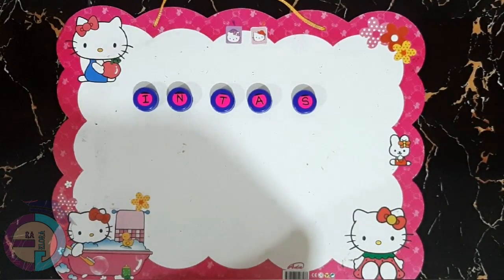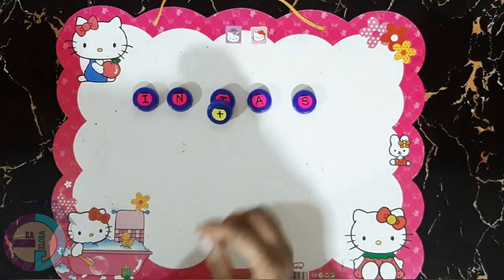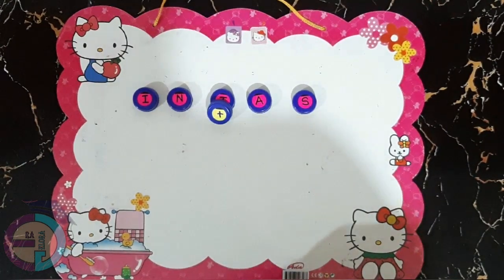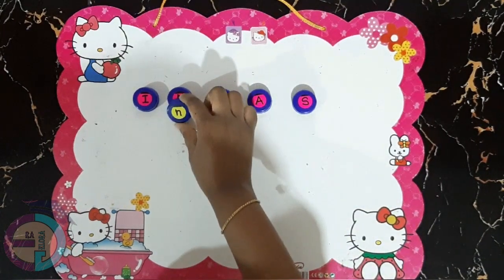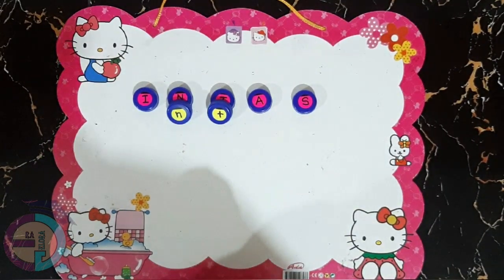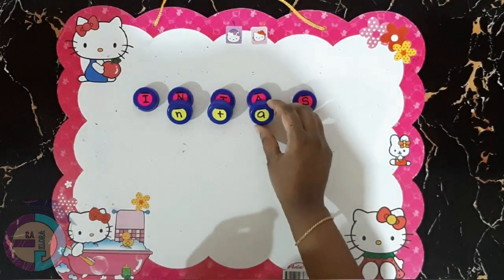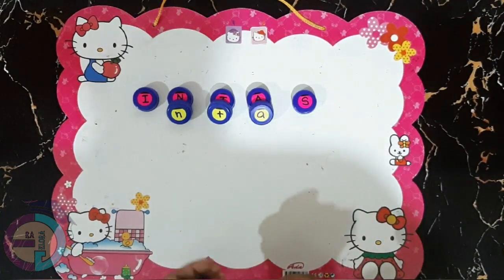For T, which is the small letter for T? So they can place it here. Which is the small letter for this one? They can place it here. The small letter for F, they can place it here.